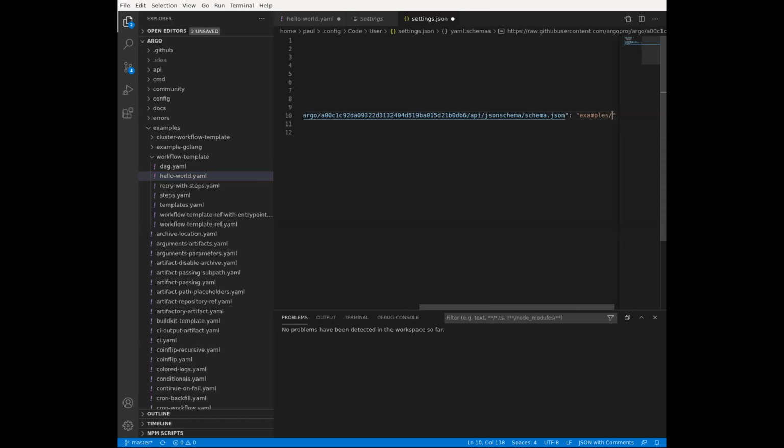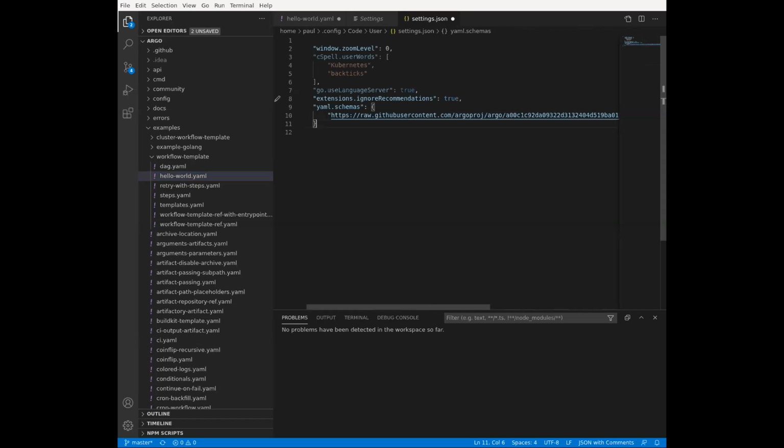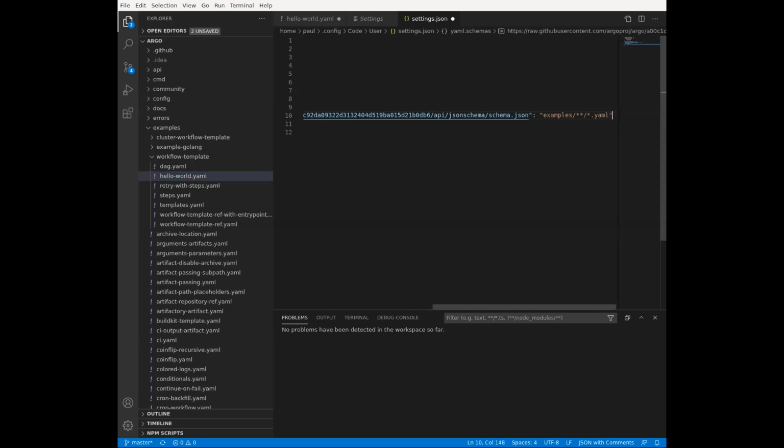Examples slash any subfolder and then anything.yaml. I have had some problems with, I had the Kubernetes schemas in here as well, which overlapped with the,